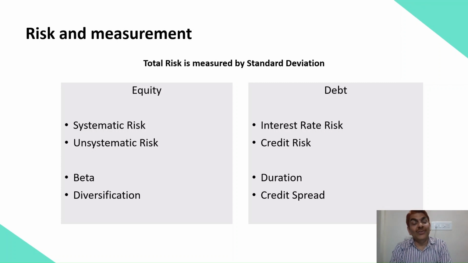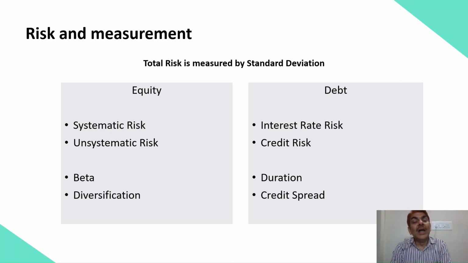So performance of a scheme should be equal to the performance of the benchmark. But if beta is more than 1, that means an aggressive scheme. If it is less than 1, that is called a risk averse scheme. So there are aggressive schemes in the mutual fund where beta is more than 1. There are schemes where beta is equal to 1, that is the index fund. And there are also schemes which are risk averse, less risky, and their beta is